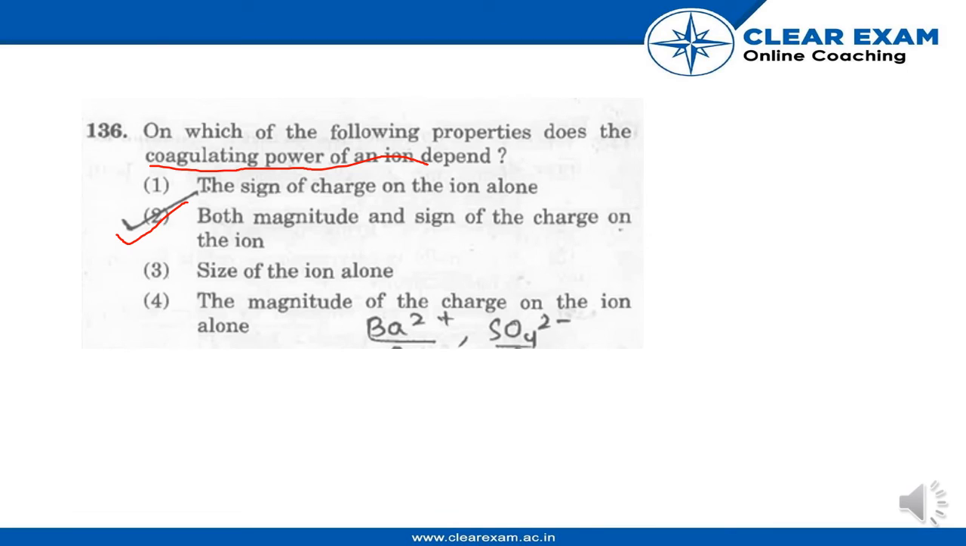And you have to remember 2 points. The positively charged ions of the electrolyte will coagulate negatively charged particles, and similarly negatively charged ions of the electrolyte will coagulate positively charged particles. So this is the